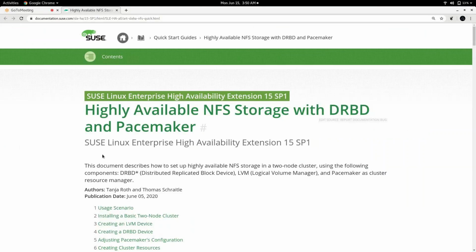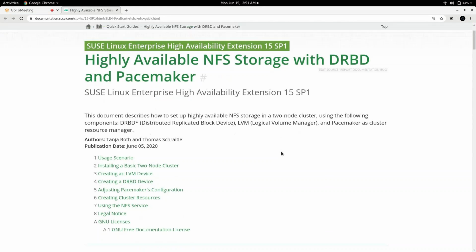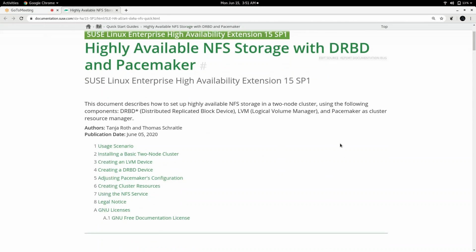What I have decided is to use this documentation URL, documentation.suse.com, the SUSE Linux Enterprise High Availability Extension 15 SP1 page, and I'm going to use this online page. Why have I chosen this? Because I heard from some of you that it is quite difficult to follow this online page. So I'm going to help you in another way, on how you can follow this documentation, so that it will serve your purpose.